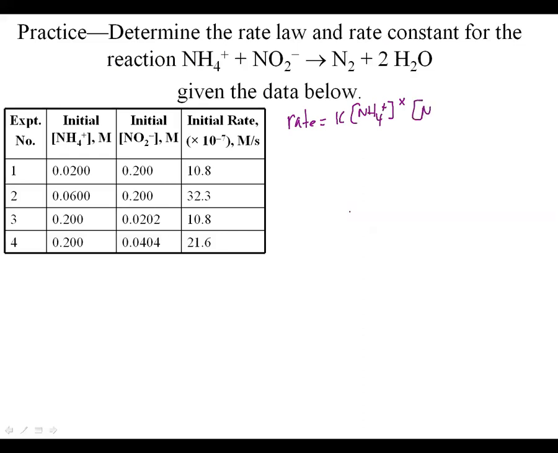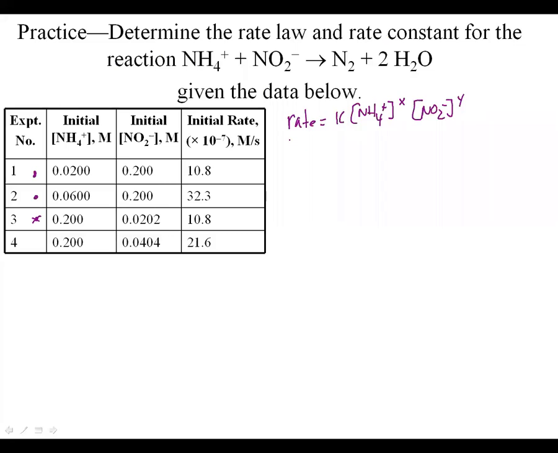Again, we want to pick two entries where one of them remains constant and the other one varies. We actually have 4 entries to choose from here. So I'm going to go for the first one here, 1 and 3. No, 1 and getting old here. We'll go with 1 and 2. Let's mix that up. 1 and 2 will keep the NO2 minus constant. So if we take the larger rate on top, which is entry number 2,